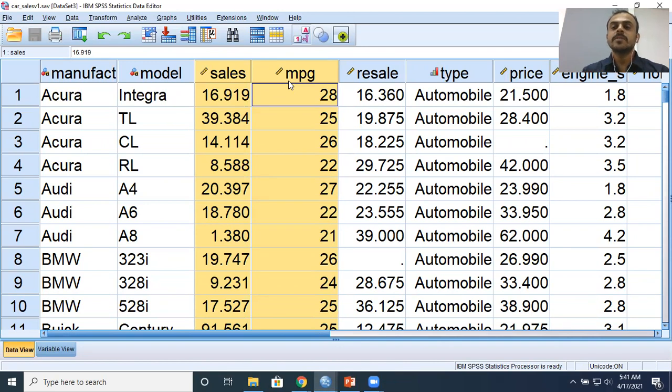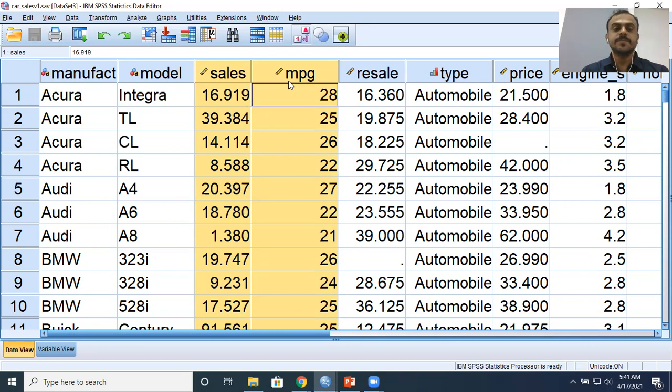What is the second important assumption? That we have a linear relationship between the variables. Did I check it? Answer is no, right? Did I check whether there are outliers? Answer is no. Did I check the condition for bivariate normality? The answer is no. I have overlooked these three assumptions.